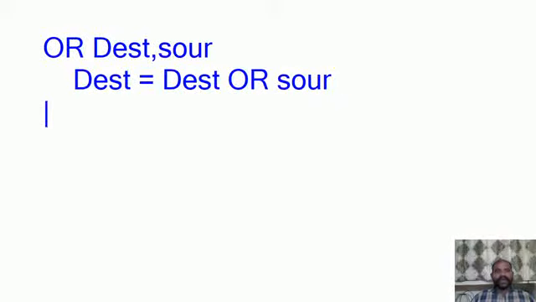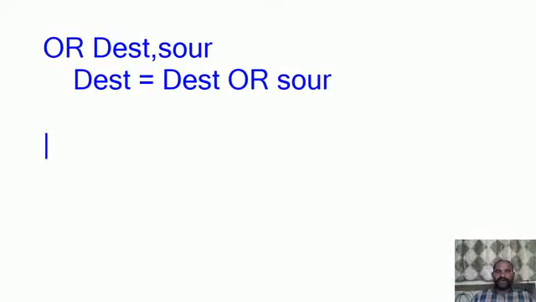So what is the OR statement? It is the OR gate, a logical gate. The OR gate statement says that if any one of the inputs is 1, then the output is going to be 1. If all inputs are 0, then the output is going to be 0. It is quite opposite to the AND operation.